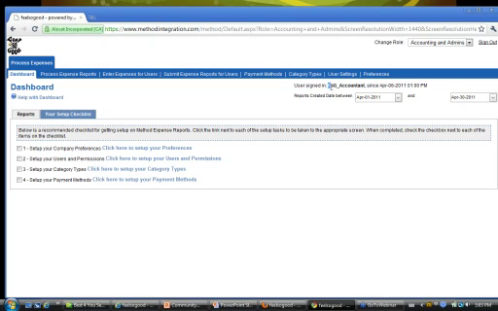I've created a user called FSG Accountant that is a designated accountant for this company account, and I've given them access to the expense report accounting and admin's role as seen here. From here, right away, you're taken to a checklist that takes you through all the required setup screens that you have to go through before using the expense reports. As you go through these, you can check them, and then you'll know the next time that you've completed certain steps. So we'll just go and start